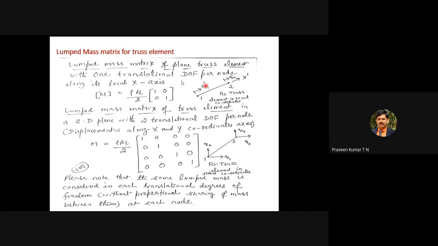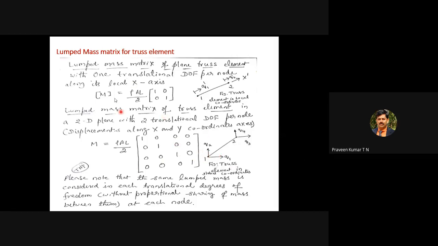For the truss element, we can draw the truss element in local coordinates. We have only the x dash direction, that is referred to as local coordinate. Then the mass matrix is given by rho A L divided by 6 (matrix with 2 and 1). We can write the same truss element in global coordinate. Those things we already studied in the derivation of the stiffness matrix for the truss element. This is the formula, the mass matrix for the truss in global coordinate.